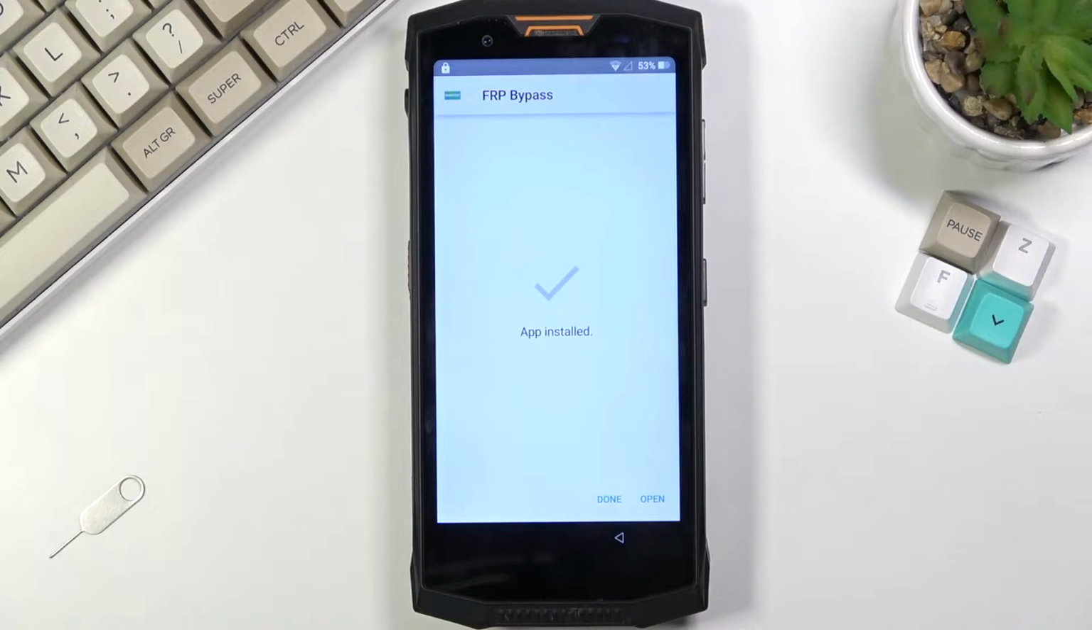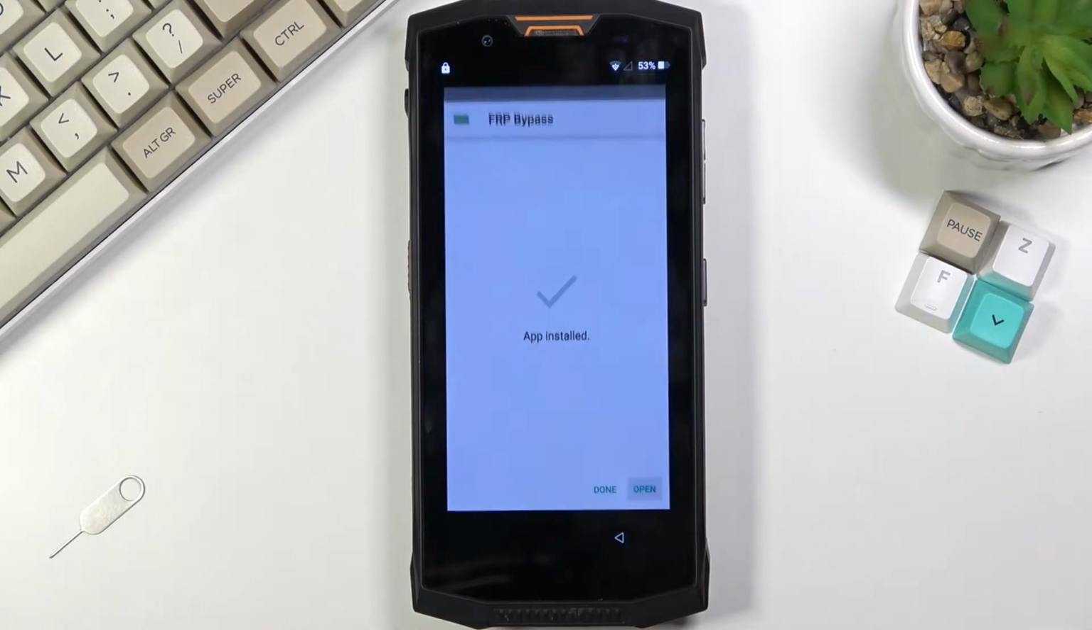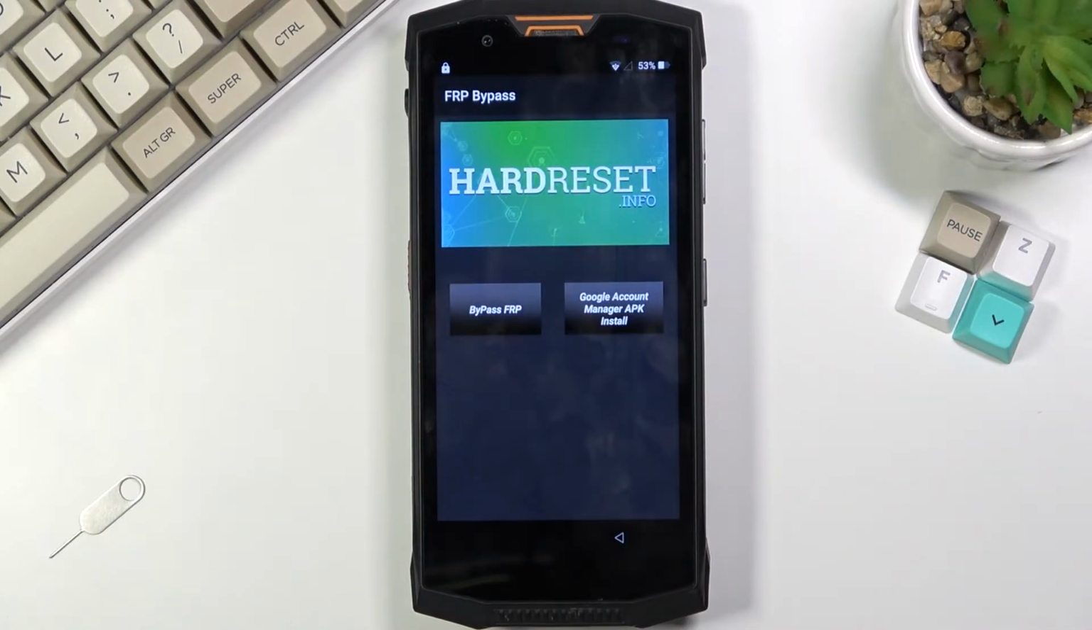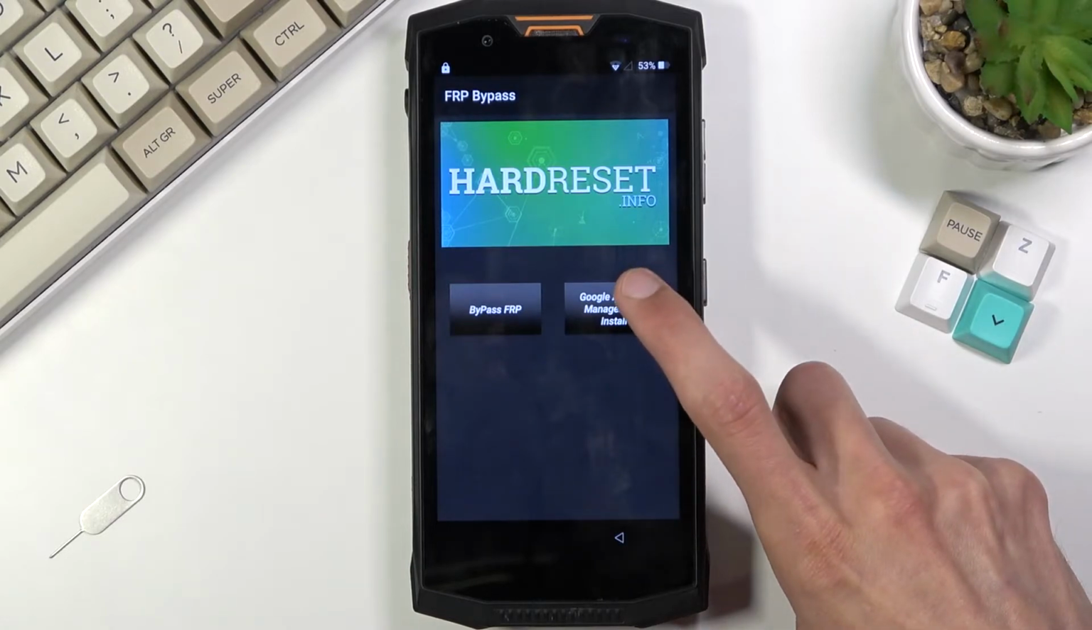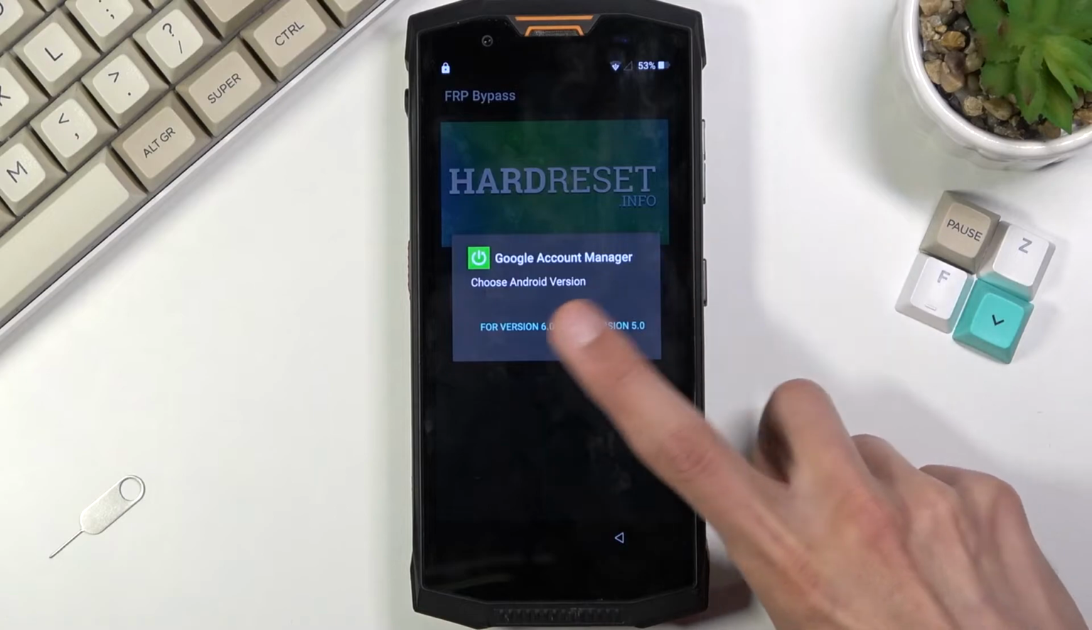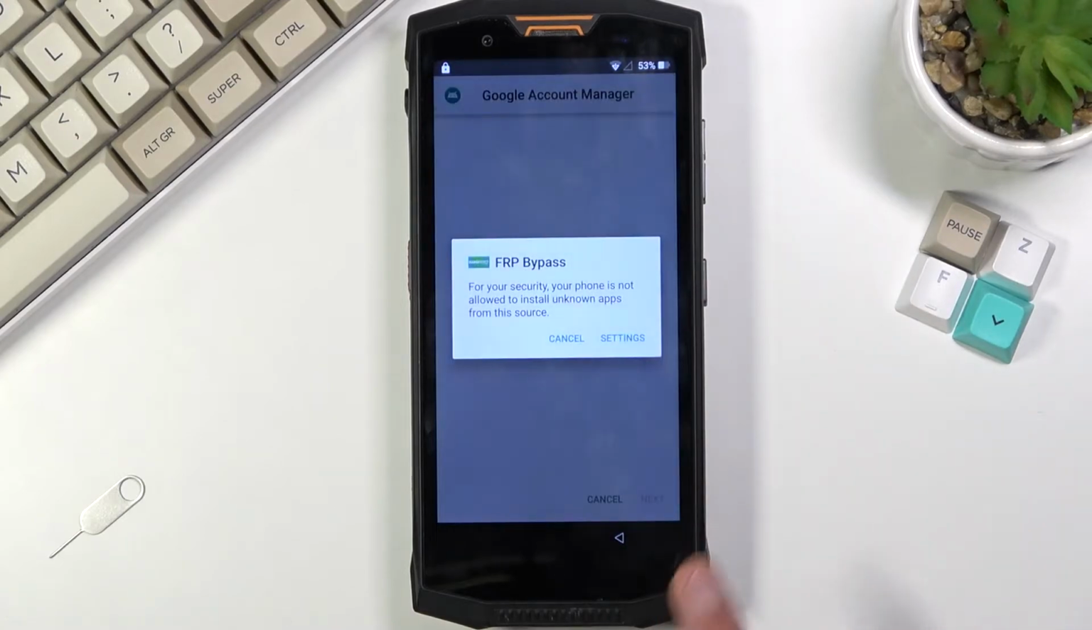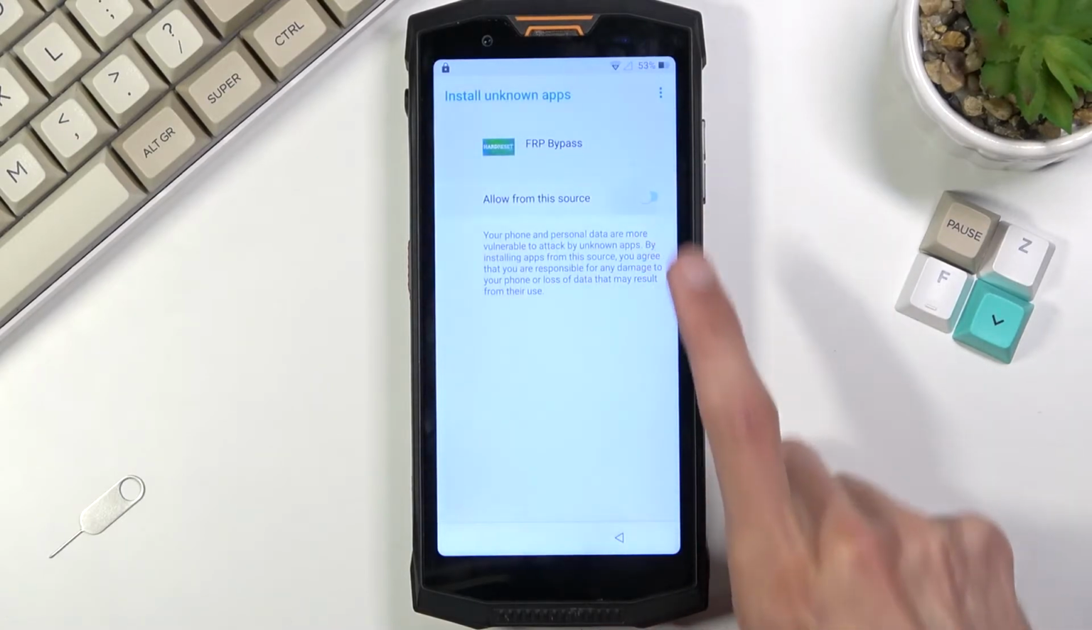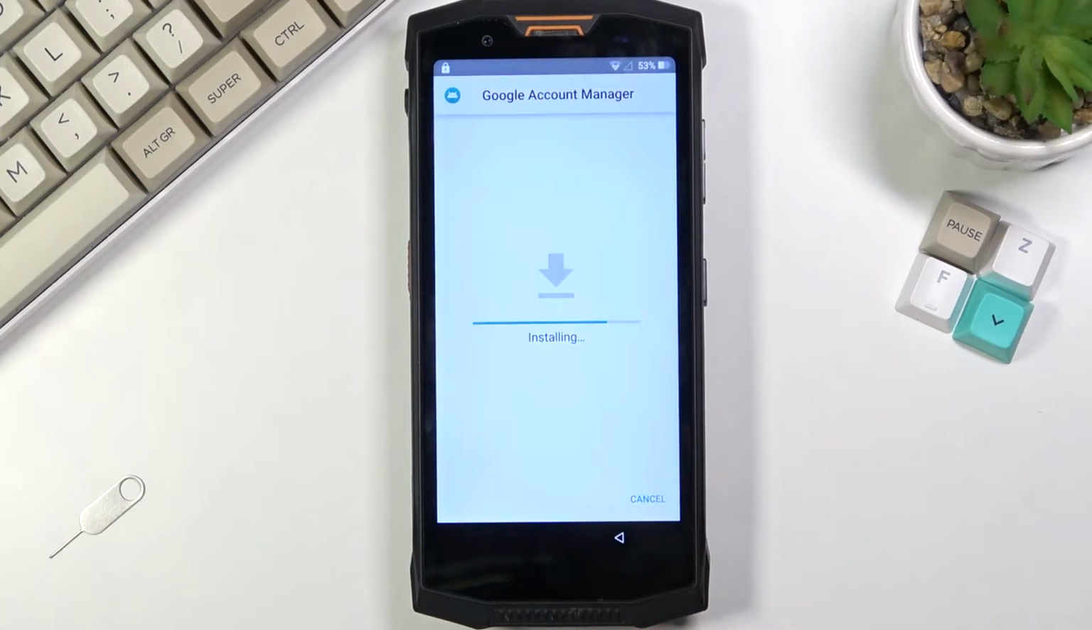And once it's done installing, click on open. This will bring up this new application. So we're going to start off by selecting Google Account Manager APK install. Select for version 6.0. Go to settings again, allow from this source, go back and install. Now this time around, once it's done installing, you will just click on done